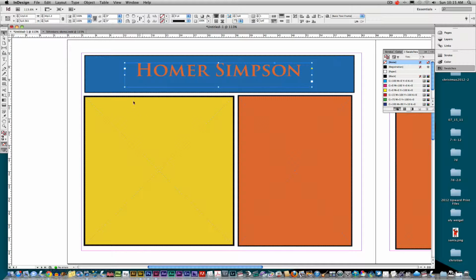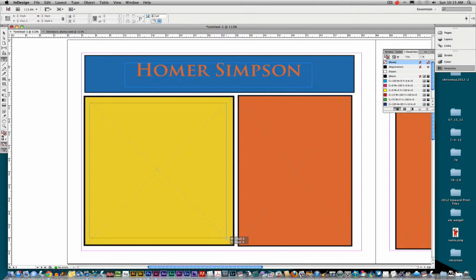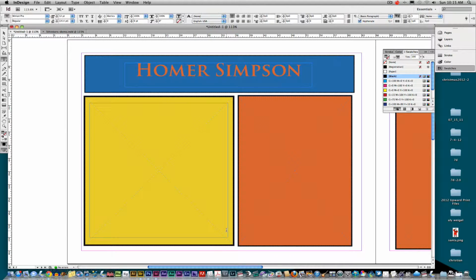Now, in this yellow box here, I want to take my type tool and make a little text box in there. And this is where I have to write a sentence or two about what's so great about Homer Simpson. And I'll say, without